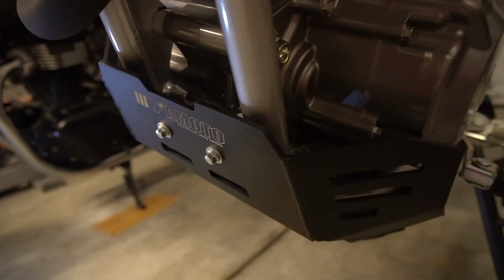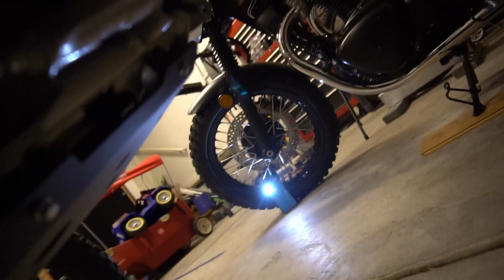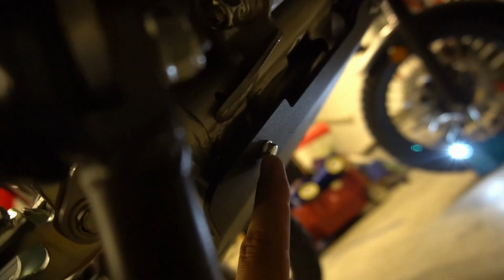Alright, just a couple things to note. When you install this, you want these to be kind of loose. And then you want your back bolts over here to go in first, because this ear here that this goes into is a little slanted. So you just want to give it a good couple hits to where it